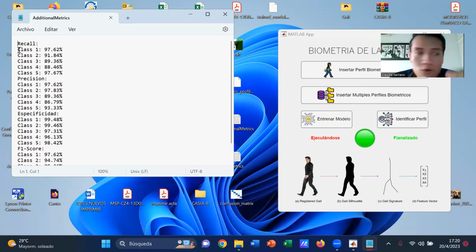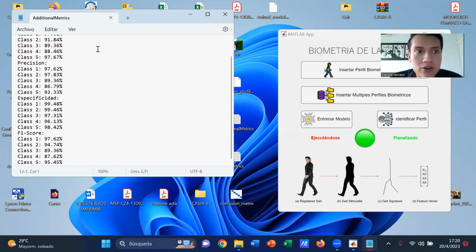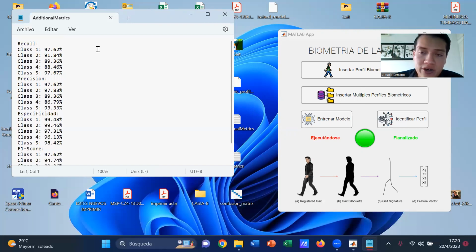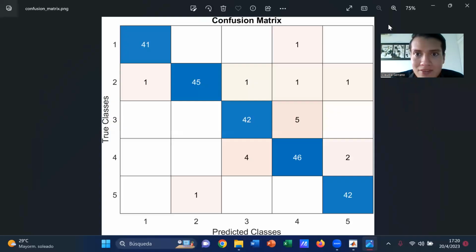So we can see the recall for class 1, the precision, the specificity, the F1 score. We are going to see everything for every class. And this is interesting because this can help researchers, this can help users to understand the performance of a given identification model. So now we are going to just close this, and we are going to see the